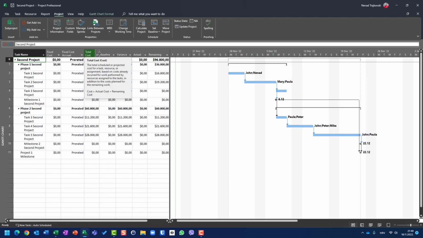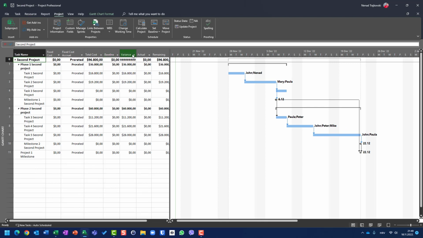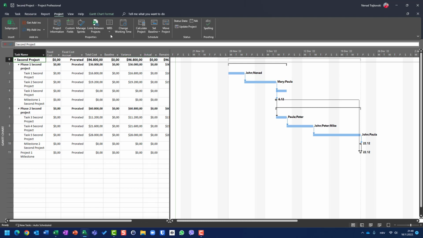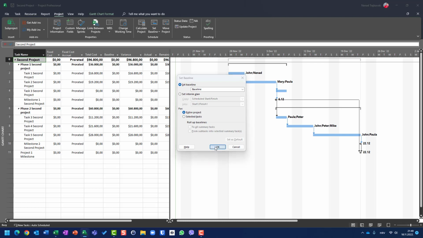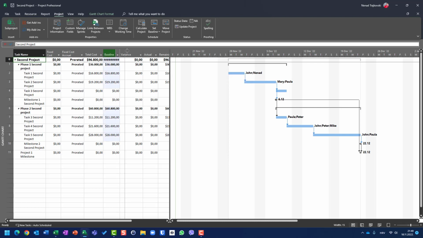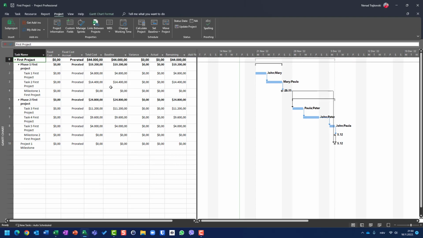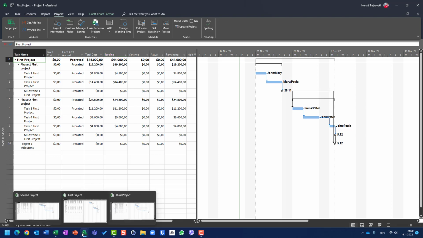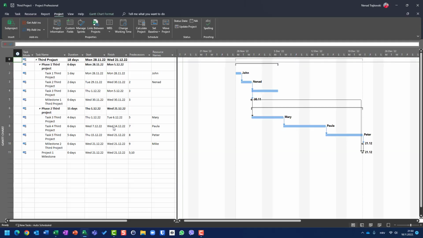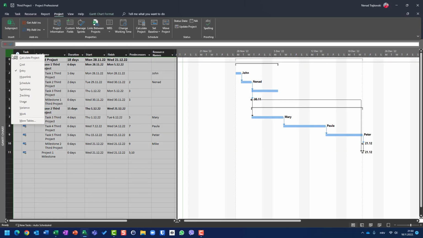So I will save a baseline here. I'm going to save a baseline for this project, set baseline. Remember that this project has a baseline according to cost of $96,800. The first project has $44,000, and let's switch to the third project, in which I will go to cost just to show you,